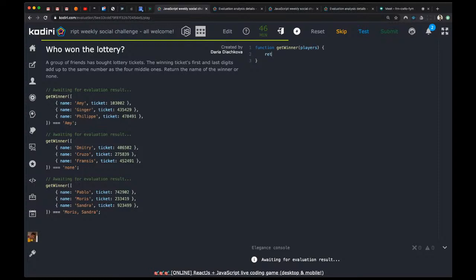And then look, not return. So I'm going to create a variable called winners equals something. And then eventually I'm going to check. First of all, winners is going to be an array. Yeah, we'll see how to build the array later on. If I got at least a winner, then I'm going to return winners dot